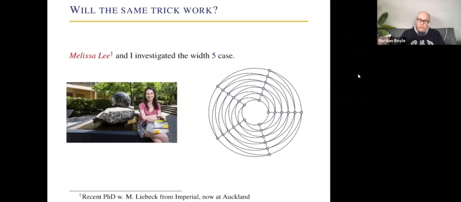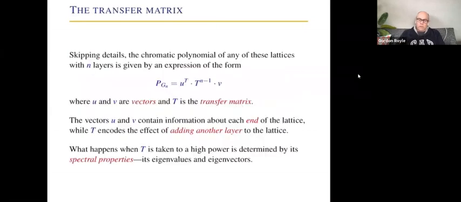All we had to do was stick a single vertex in one end, and that family of graphs, letting the length tend to infinity, has roots tending to 5 + 2 from beneath. Let me just briefly say how we analyze these things. So skipping details, but it's based on those boundary vertex partitions I was talking about. We can always get an expression for the chromatic polynomial